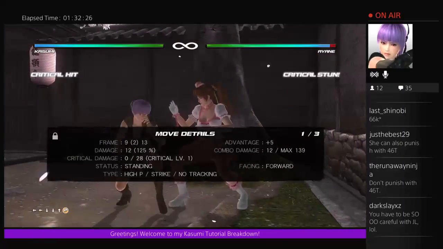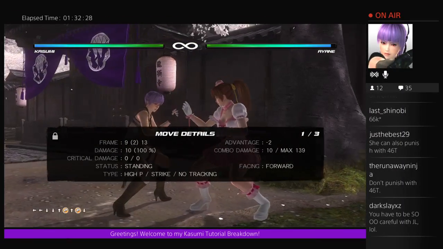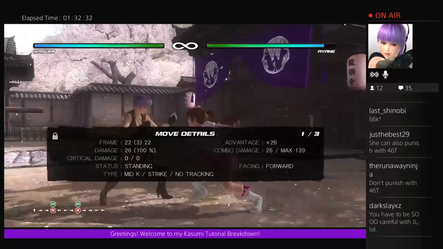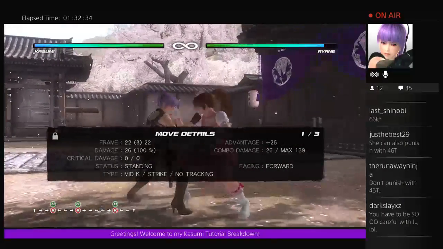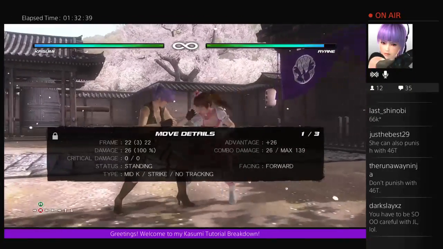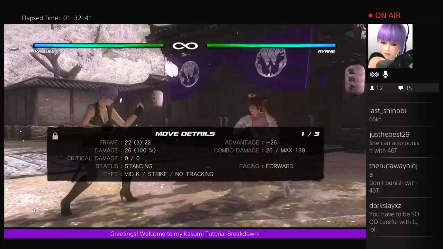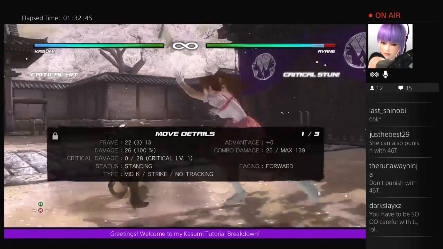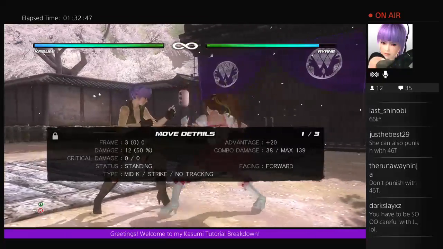Generally for Kasumi, a big component of her stun game is setting up those juicy sit-down stuns. The most common one, in my opinion, is probably one of Kasumi's better moves overall. It's just 4 H+K. See right there, obviously with the